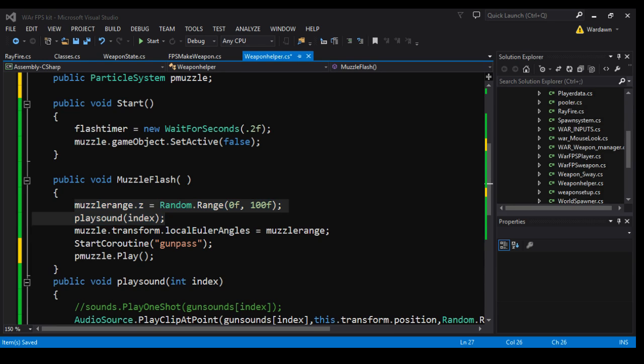Sometimes doing a random texture and stuff makes it look better, you still have to do the transform rotation. Because if you just do the particle, it doesn't look as good. That's why a lot of times I use the muzzle mesh version and just turn it on and off. It looks better. And two, if you do the mesh version,